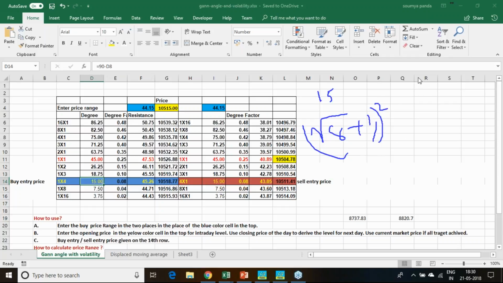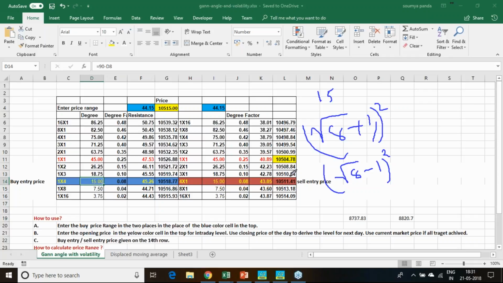So the higher number is being derived in this way. The lower numbers are being derived the same way: square root of 8 minus 1, and whole square. So for the lower numbers, in this order, the number from where we are starting the calculation is added with the degree factor and double multiple. The lower numbers are calculated as the number's square root minus 1, the whole square, or the double multiple. By this same process, he has calculated all resistances and supports as per the Gann angle principle, 11